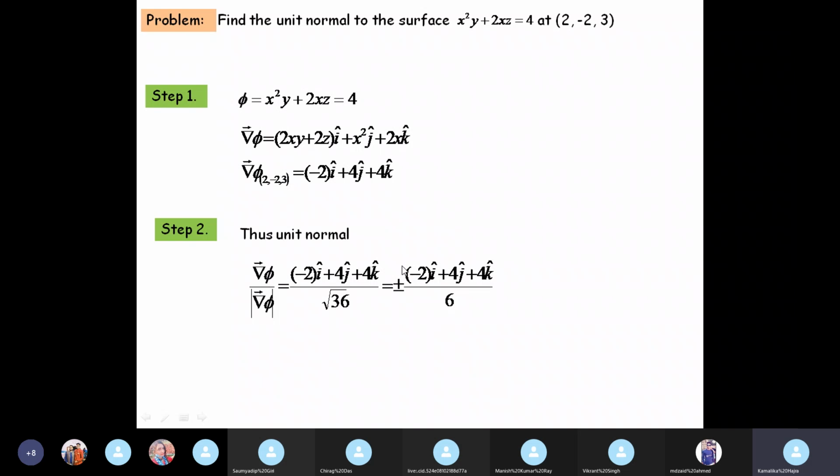All right. So there can be two directions of the normal to any given surface. There can be an outward normal and an inward normal. So for any given surface, you have to consider both the normals, and so when you are asked to find the unit normal, giving the plus minus sign is very, very important.